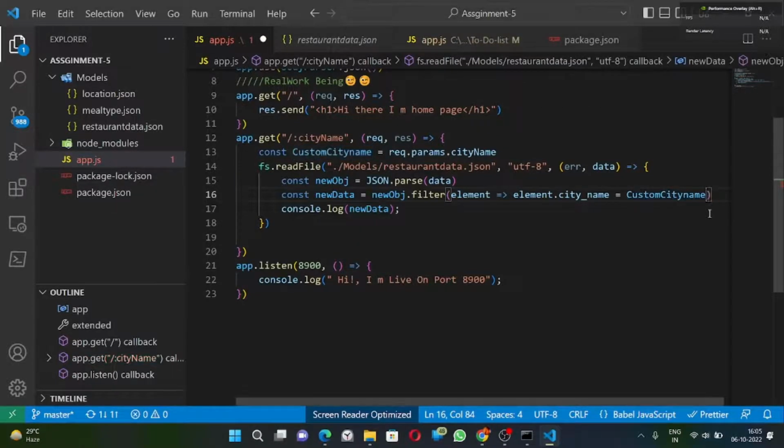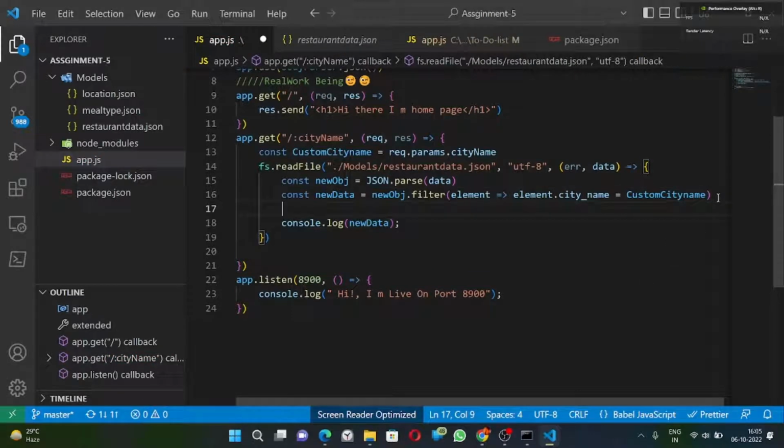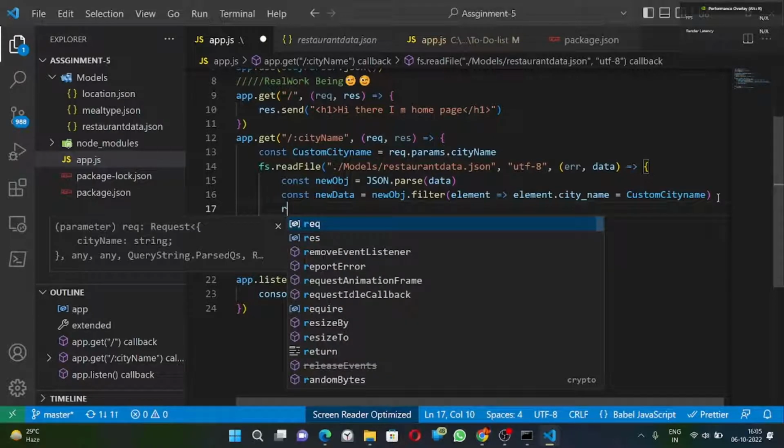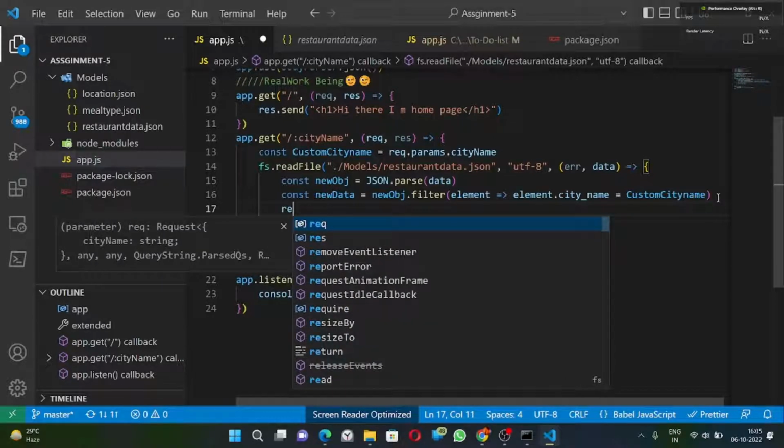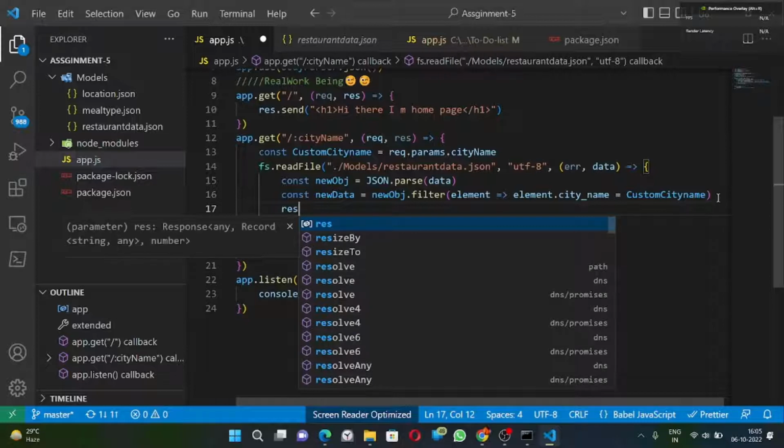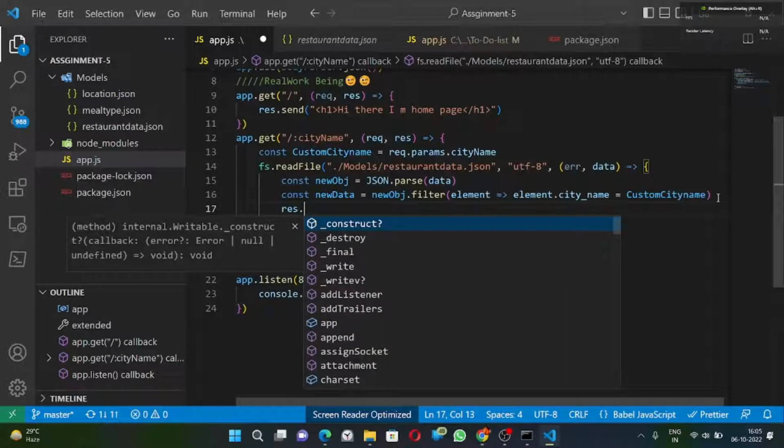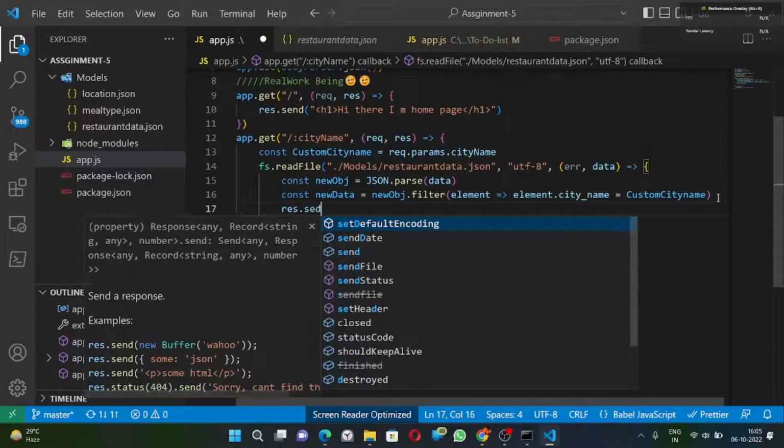So provide here, if I know, go to there, and now after that I'm just going to send this. So simply I'm going to send to the users how the user is going to see it. I'm going to simply send the data to the website, meaning the browser. So simply I'm going to use res, and after that send